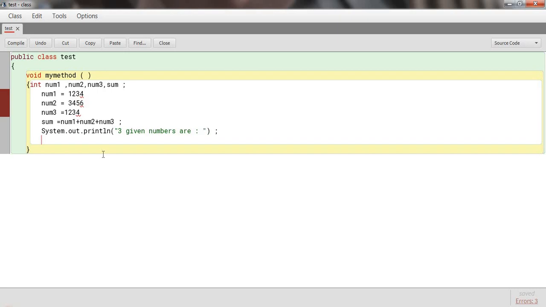Now the third line, System, same. Now here we have to type num1, space, comma. Close the bracket. Leave space in between the brackets.